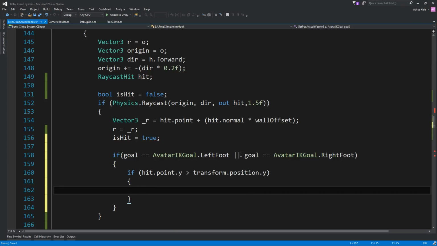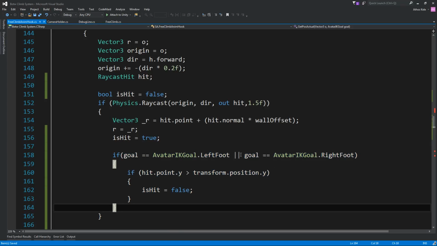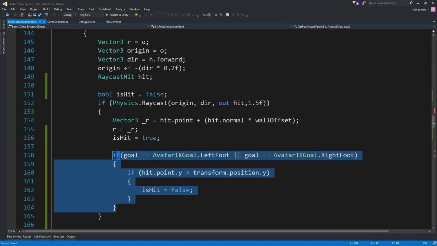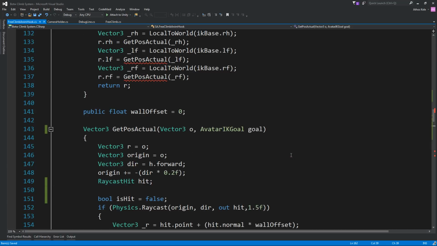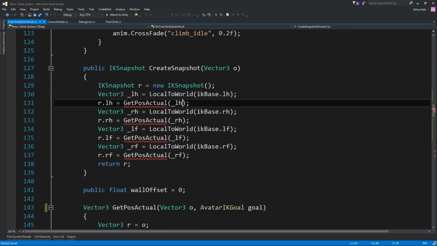Let's make it so that it is an issue. Okay, so we're just going to say is hit is false. The only problem this is going to give you is that you cannot climb with head down on a decline. So in any situation that the legs need to be above your head, this will not allow that. It's going to basically place your feet always below your head.